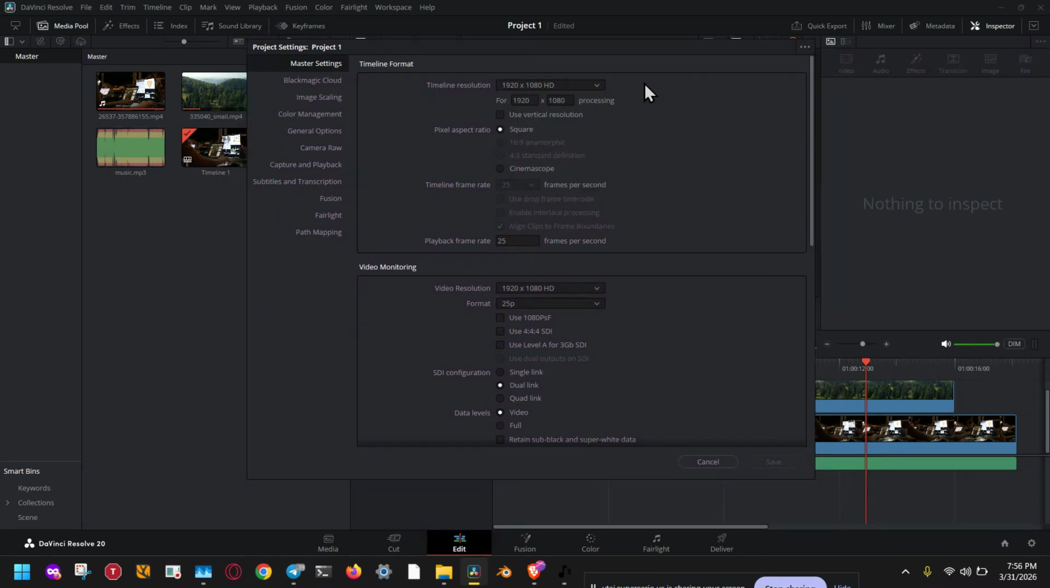Once the Project Settings window opens, go to the Master Settings tab. Here, look for the Timeline Resolution section. This section controls the pixel dimensions of your editing canvas, so it determines whether your timeline is horizontal or vertical. By default, most projects will be set up for standard widescreen video, but for YouTube Shorts, we need the tall